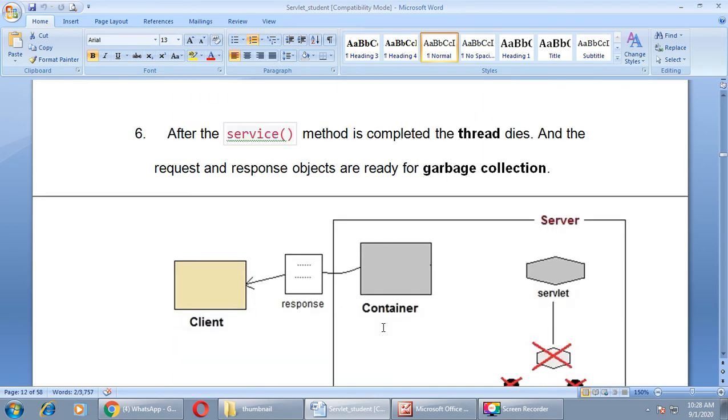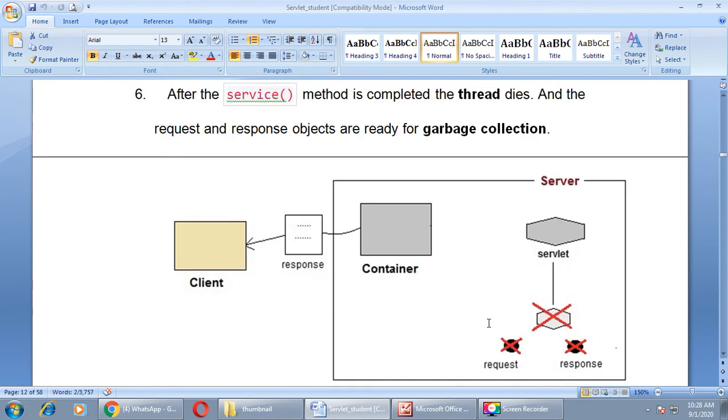Sixth step is, after the service method is completed, the thread dies and the request and response objects are ready for garbage collection. After the completion of the service method, the thread automatically dies. No need to kill it by a user or a programmer, right? It dies itself, and the request and response objects are ready for garbage collection.